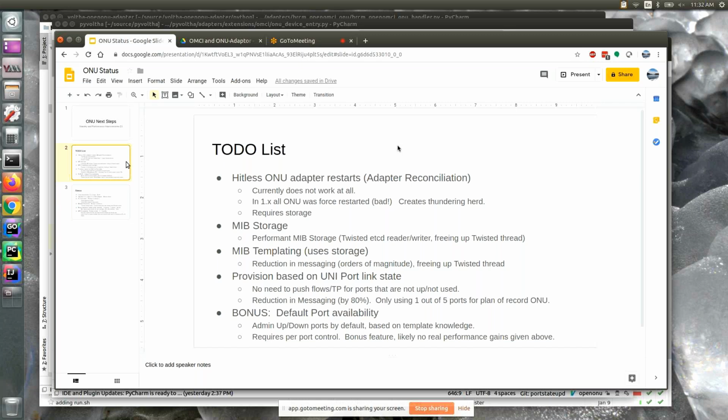That leads to the big one we all wanted to work with, MIB templating. MIB templating uses storage. Sorry, Matt, before you go there, quick question. Was it also the issue when we used to use storage that every step of, say, the 300 or 400 or 700 steps of the OMCI transaction for doing MIB upload and MIB download was getting stored in etcd? And so a small optimization, even without the MIB templates, would be to still do things in memory, but at the end, be able to